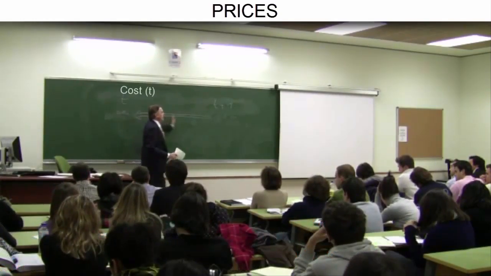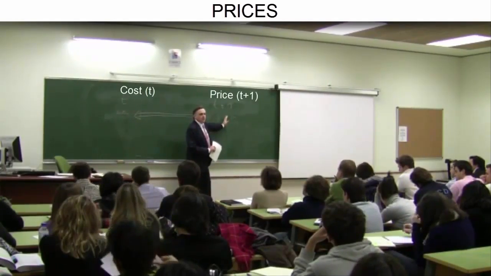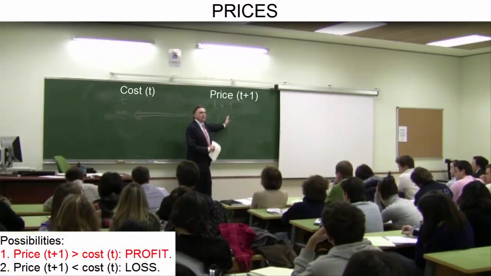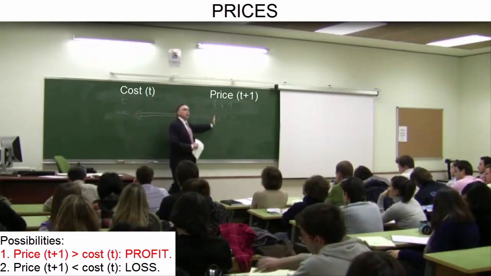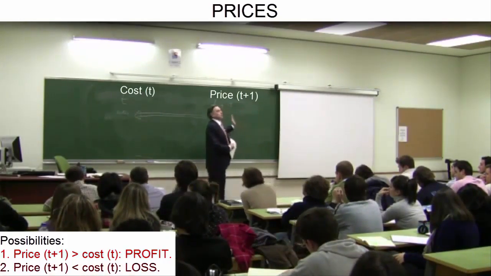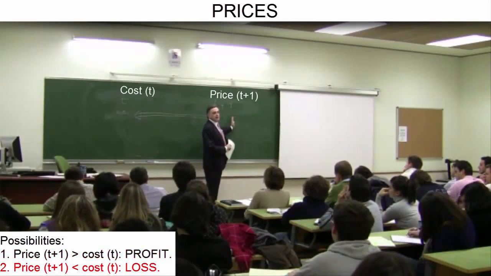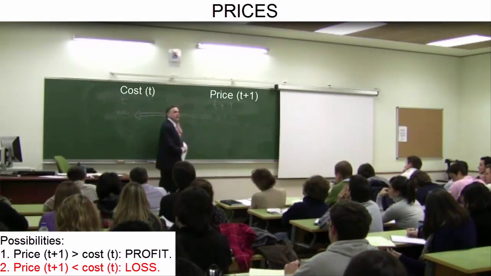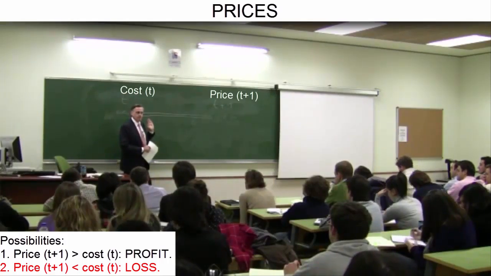And when the process concludes, when moment t+1 arrives and I sell my good, one of the following possibilities will materialize. 1. That I am able to sell at a price sufficient to permit me to recover the costs and obtain an entrepreneurial profit. Or 2. That once the production process concludes, it turns out I have committed an entrepreneurial error, and the price I receive is lower than the costs I have incurred, and therefore I sustain an entrepreneurial loss.